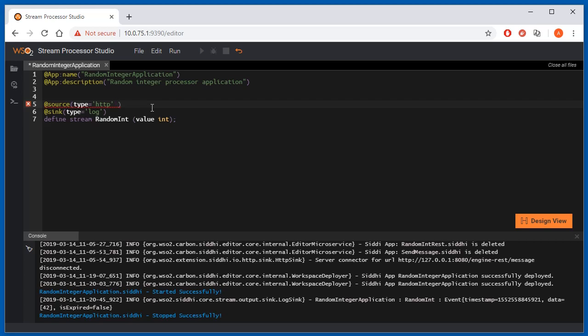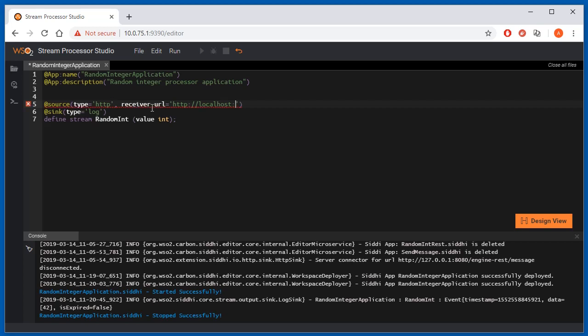To define an HTTP source, we need to set the URL on which our application will be listening for events. So to do that, we need to set the receiver.url parameter, and let's set this to HTTP